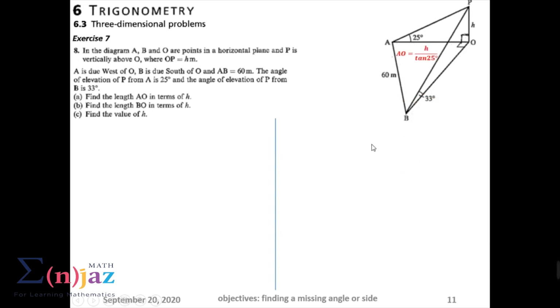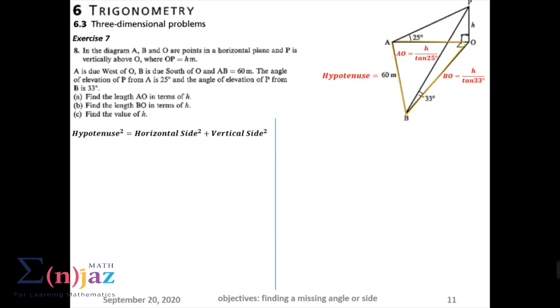So this is the AO, which we found in terms of H, and this is the BO, which we found in terms of H as well. Let's highlight the triangle that is sitting on the floor. The 60 meter here is my hypotenuse because it is right across the 90 degree angle. Accordingly, in this case, we are going to use the Pythagorean theorem, which states that